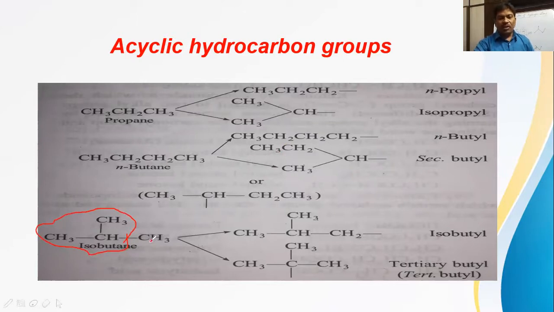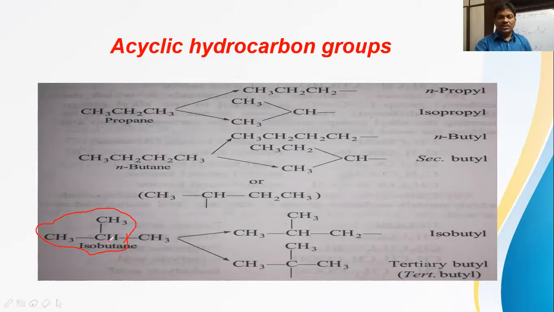From isobutane, we can remove hydrogen from this carbon. Suppose you remove one of the hydrogens here, we get a structure like this. In this one, hydrogen is removed from the terminal right side carbon. Then we get isobutyl. Again, why is iso there? At one end, an isopropyl group is there, and at the other end a CH2 bond should be there, with the CH3 taken twice. This is called isobutyl.